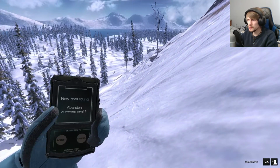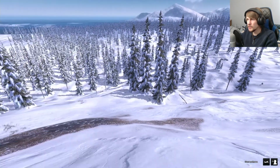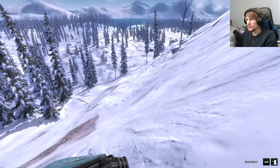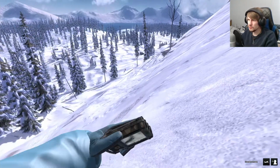Oh, and that's a fox call. Yeah, I'm not going to bother with you, little guy. I think it'd take way too long trying to bring you in and getting a shot. We got the Sitka right here, so...